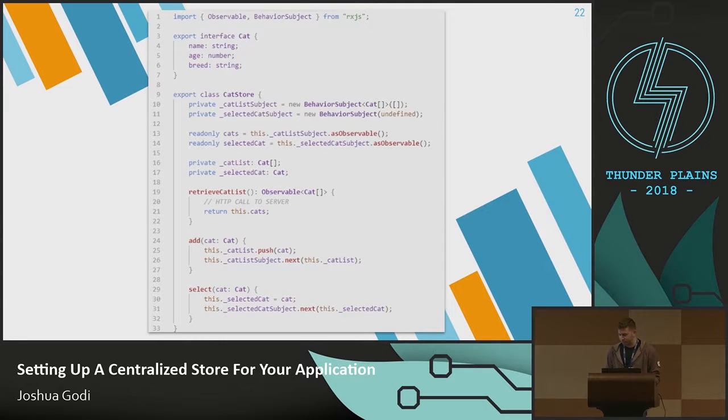So this example here, we're importing some things from RxJS now. Observable and behavior subject. So for those of you that aren't familiar with observables, everyone should be familiar with like